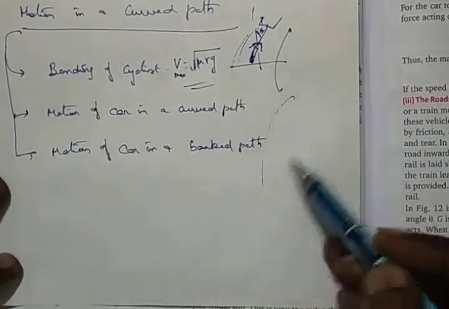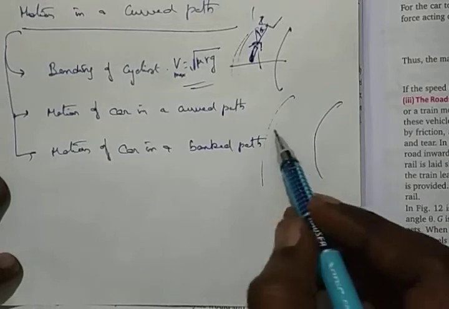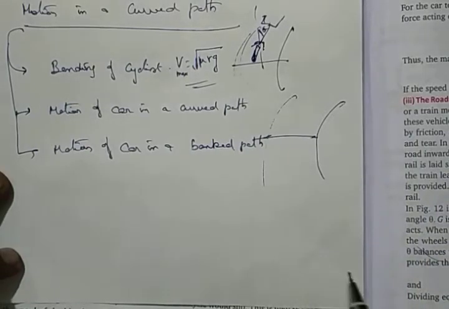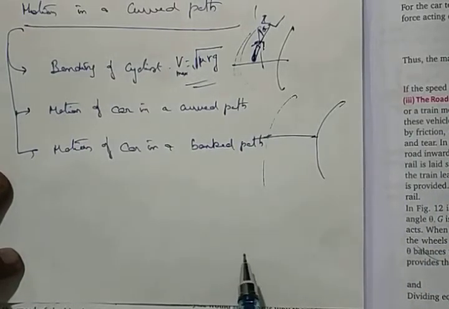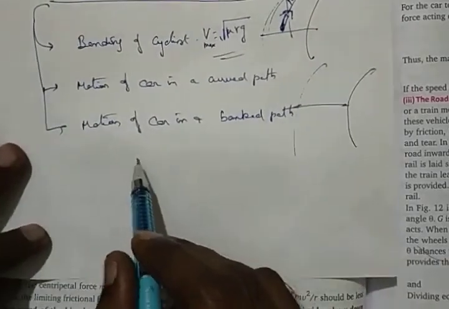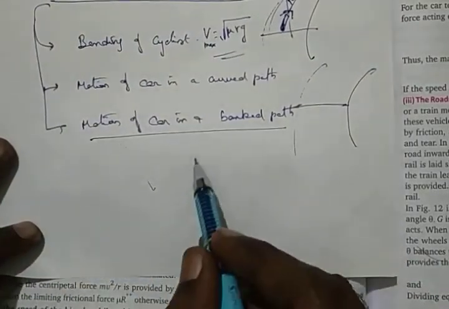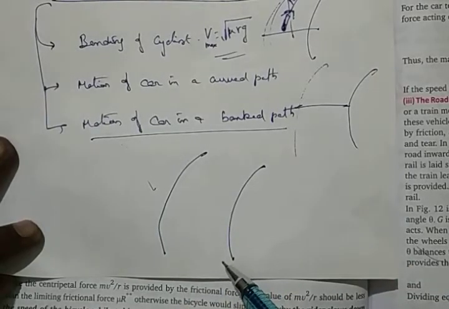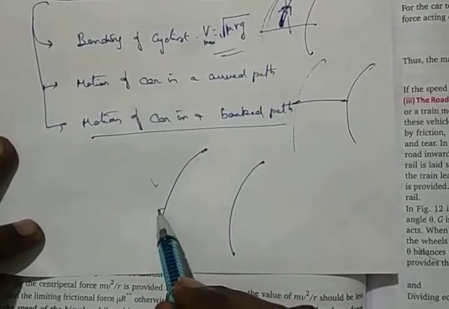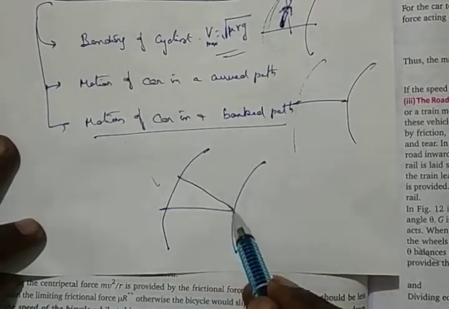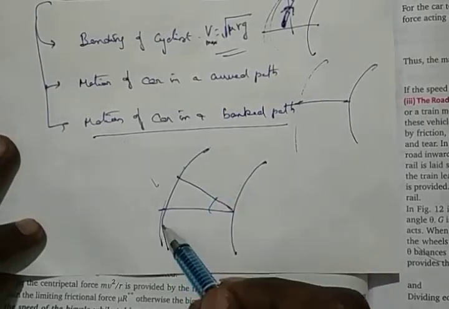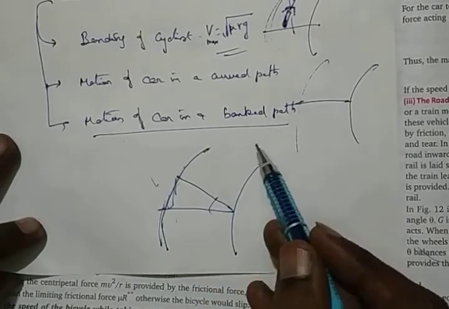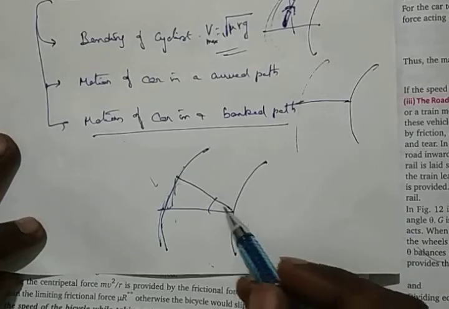So when you have a car in a curved path, what happens? That also you would have heard about, what will happen to the velocity, how the velocity will be, and all these things. Okay. The last part is a very important derivation, which is what happens when it is a curved path and you need to have a banking. So it will have a banking here. The external part will be banked. So the process of raising the outer part so that it can negotiate a curve very easily is called banking.